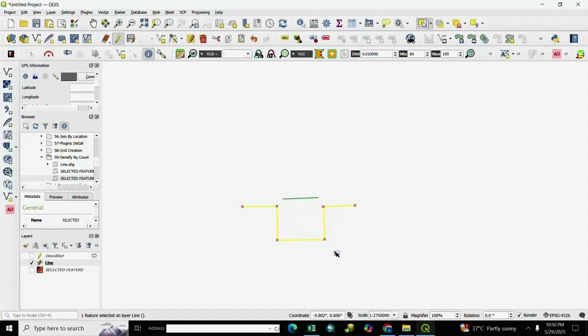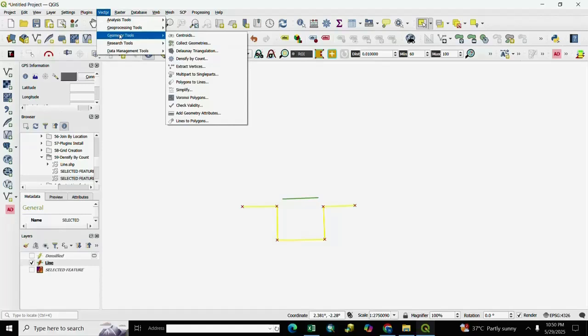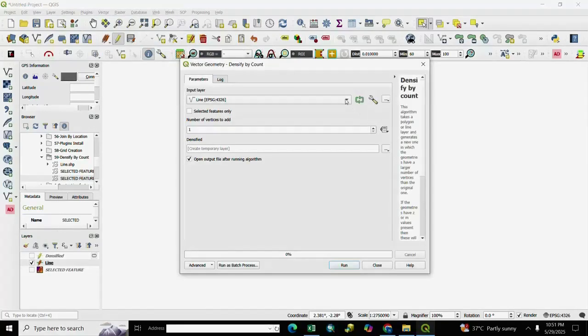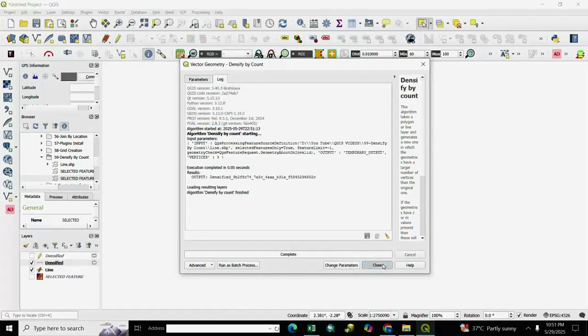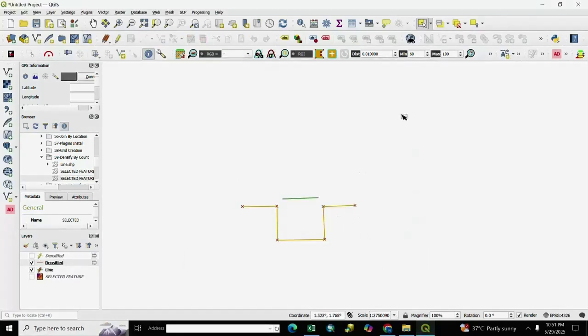We create densify by count. For creating densify by count, we go to vector, geometry tool, and densify by count, and we select here input and selected features only, and we write here 3, then run and close it, and you see here again the output.